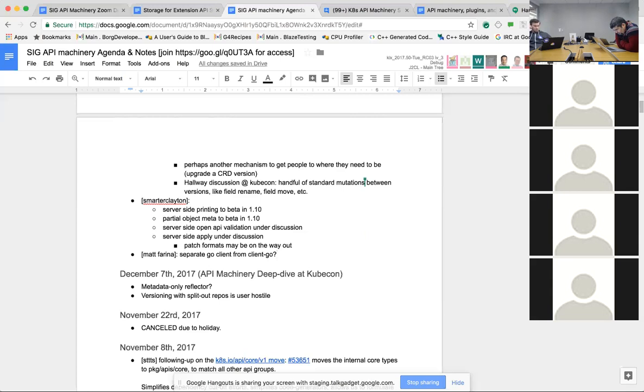So I guess what I would say is our client Go is actually a lot like our basic controller toolkit, right? This is a client that you need to be able to write a solid controller. And that's what our client Go grew into. If there is instead a request for just a typed generated client, I don't know that it would actually bother me to have the community build their own, right? If they build it based on OpenAPI, why not?